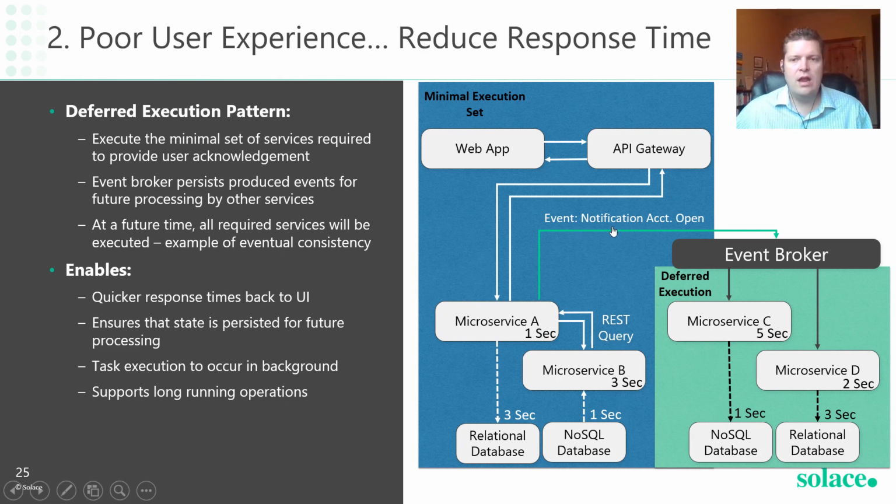And so what it enables is a much quicker response time back to the UI because you're not having to wait for C and D to complete. It ensures that state is persisted for future processing. So this message that's being fired to the event broker is exactly that state persistence. It allows these tasks to occur in the background, asynchronously even from each other,